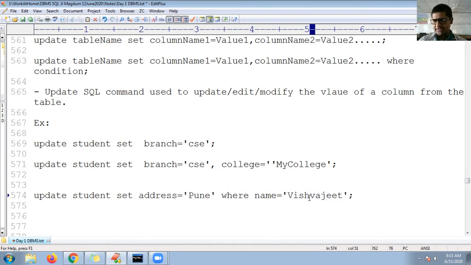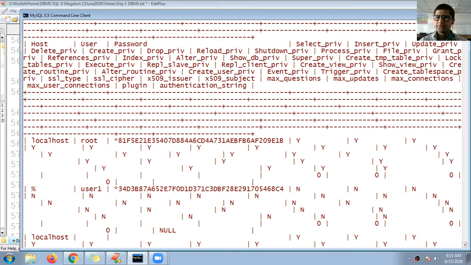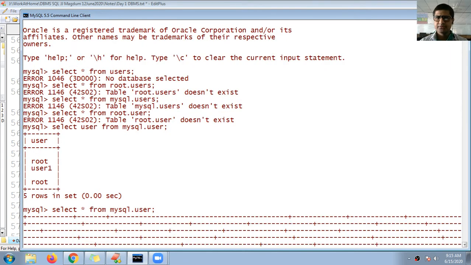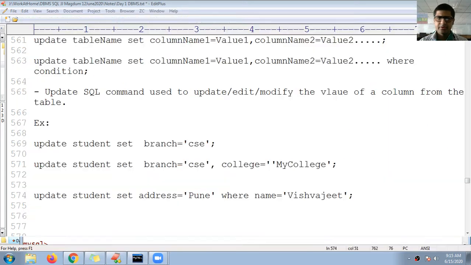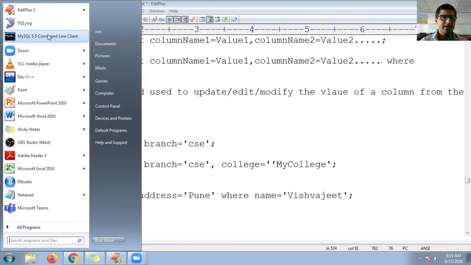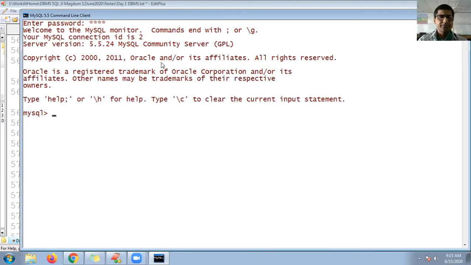Okay guys, let us see the examples now. Let me start once again. This is my password, root. So let me use the database.